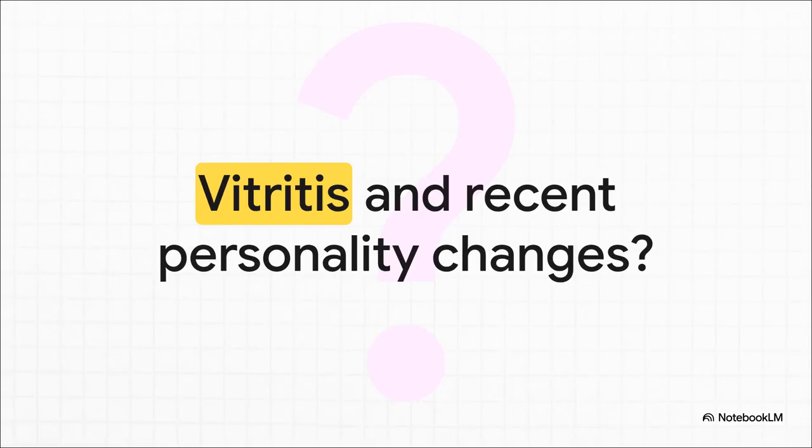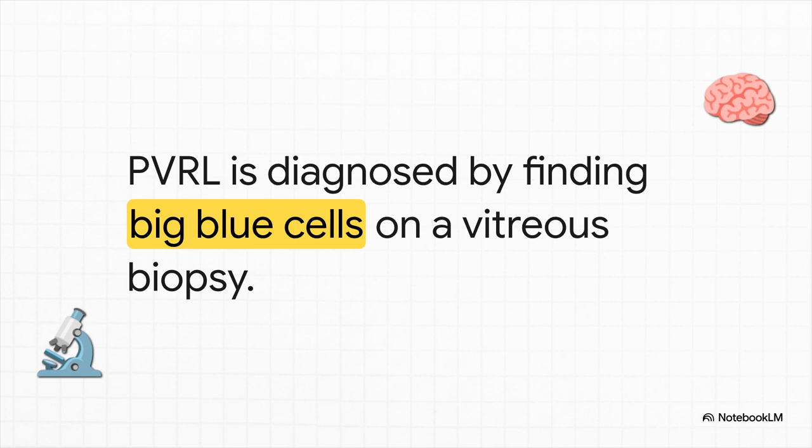All right, one last high-yield board trap for you. Profile this patient. An adult in their 60s presents with vitritis, creamy yellow subretinal infiltrates, which are often beautifully described as leopard spots on fluorescein angiography, and crucially, recent personality changes mimicking a CNS infection. So what is the diagnosis? Boom, you nailed it. Primary vitreoretinal lymphoma. This is the ultimate masquerade syndrome, faking a posterior uveitis while hiding a systemic malignancy. Because 60 to 80% of these patients will eventually develop primary central nervous system lymphoma, the mortality risk is extremely high. You absolutely must confirm the diagnosis by finding malignant big blue cells on a vitreous biopsy